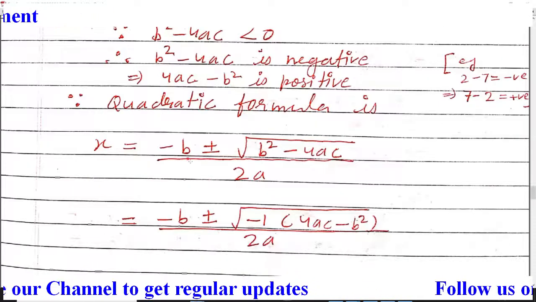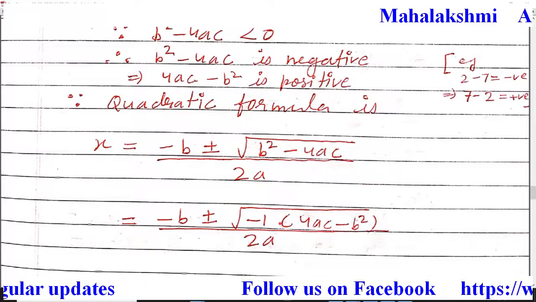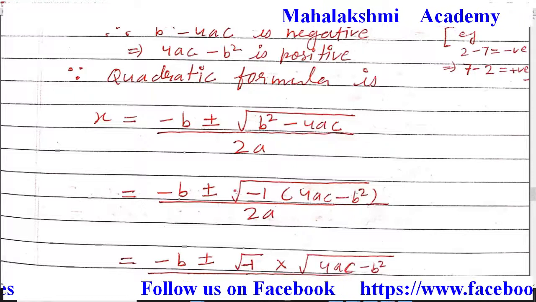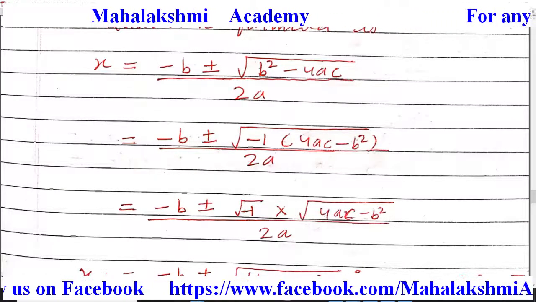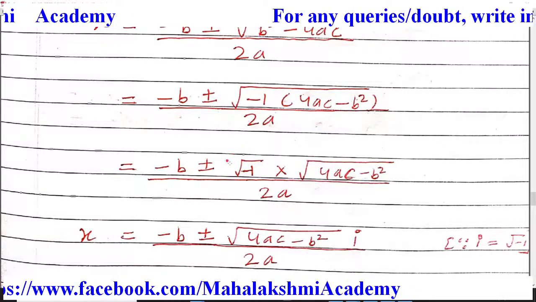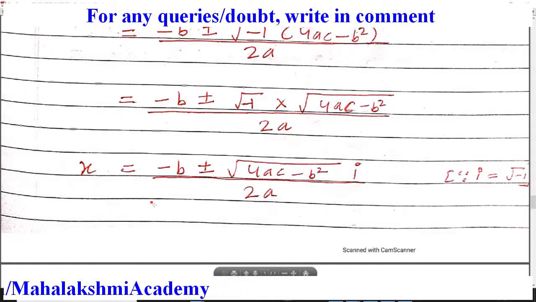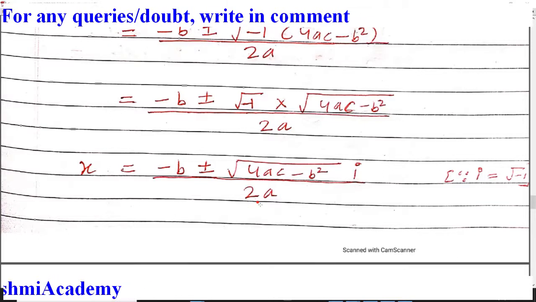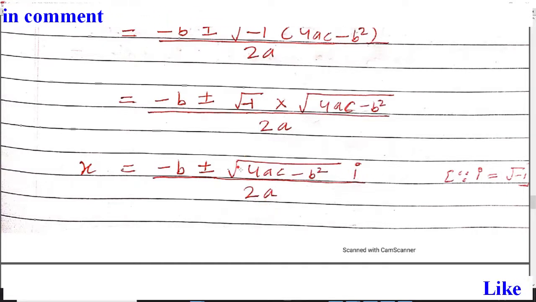So the main quadratic formula is this, but if we take minus common from here, then it's going to be 4ac minus b square. And now when you separate the root, it's going to be root of minus 1 multiplied by root of 4ac minus b square. Now this root of minus 1 is what? In our complex number chapter, it's iota. So we have to replace it by iota. So this is the formula for a quadratic equation which has no real roots. This is nothing new, students. Simply an iota is appearing here, and instead of b square minus 4ac, we have to use 4ac minus b square.